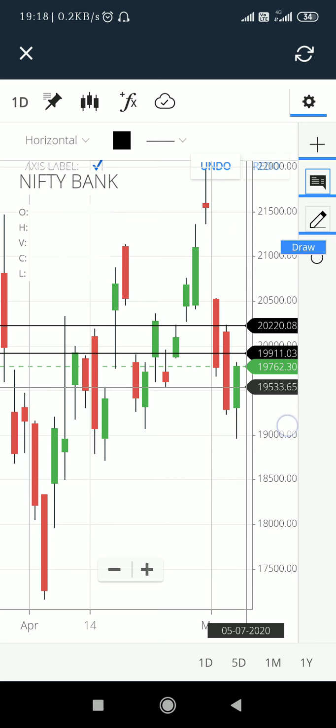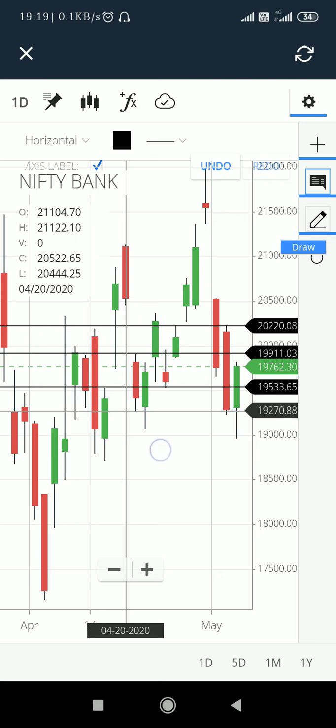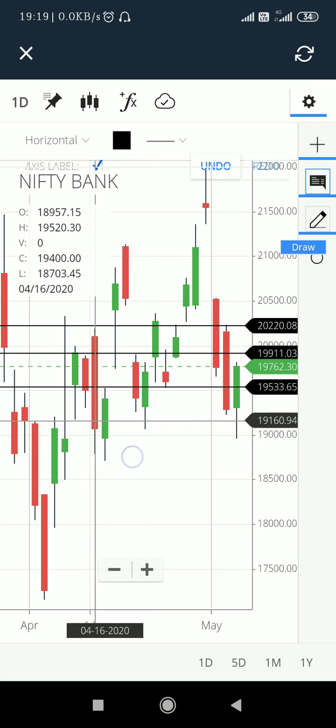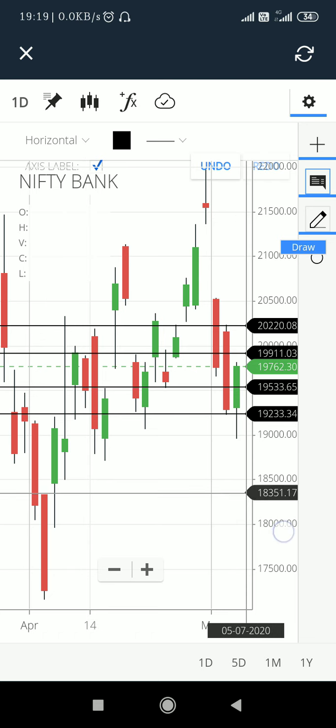On the lower end, you can definitely sell at this particular level. If the Bank Nifty breaks below 19,500, you can definitely go into buying put options, and the first target you can expect is, as you can see, 200 points, from 19,533 to 19,233. So you can buy an at the money put option, that is the 19,600 or 19,500 put option, and that can also get you a decent profit.